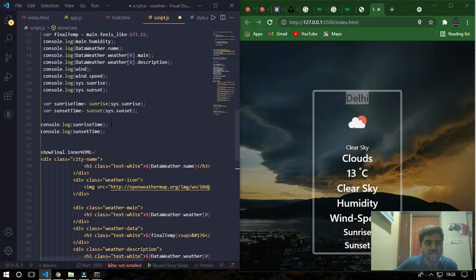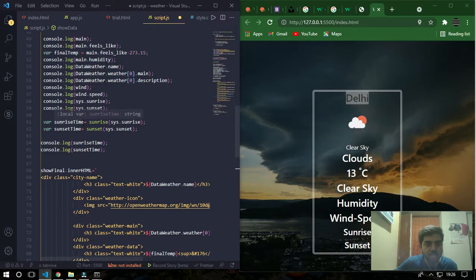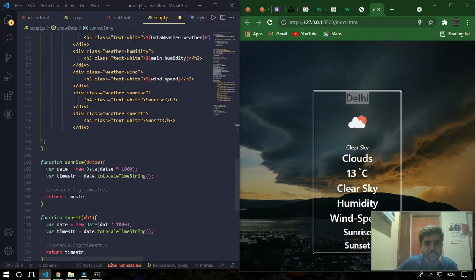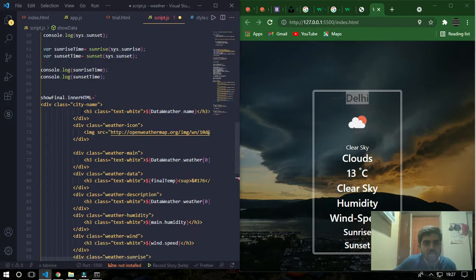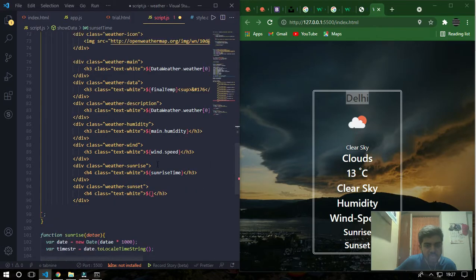Then sunrise time, because we have converted the available UTC into IST. Then sunset, we'll take it with sunset time.